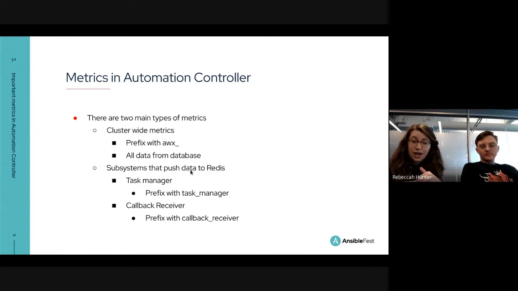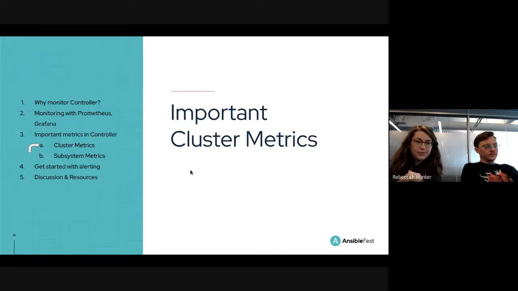There are various tasks happening in the background in controller that push data to Redis, and the subsystem metrics refer specifically to those. Those are broken up further into task manager and callback receiver, which are the ones that we monitor right now. They're prefixed as such, and we'll get into those a little more later.